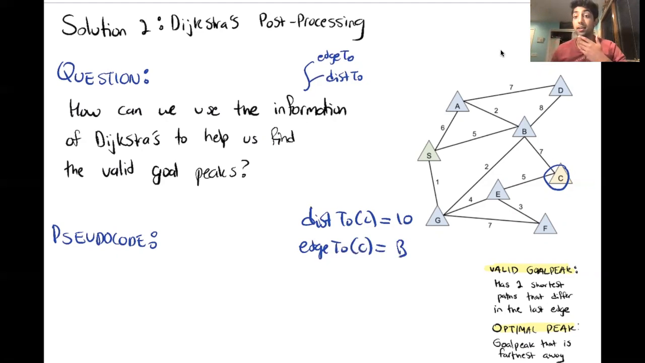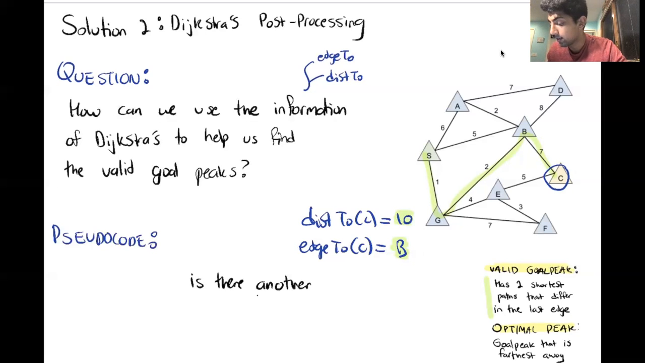And we know that for C to be a valid goal peak, there must be two shortest paths that differ in the last edge, right? Well, after running Dijkstra's, we know that the first shortest path to get to C is of weight 10, and it goes through B. So all we really need to ask ourselves is, is there another shortest path to get to C that's also of weight 10, but that doesn't go through B, right? So I'll repeat that down here. All we need to ask is